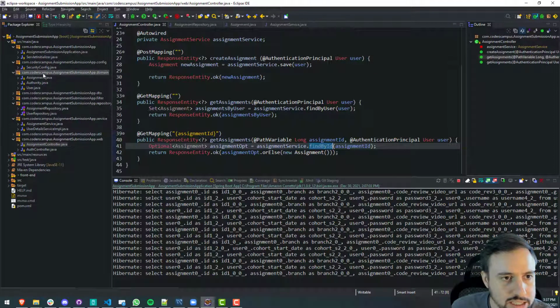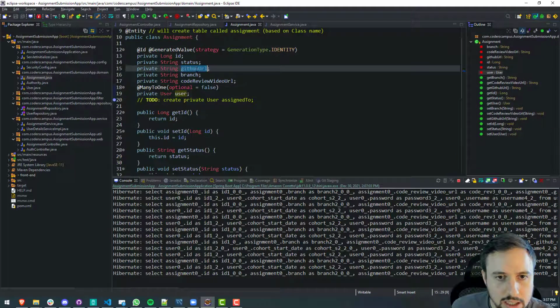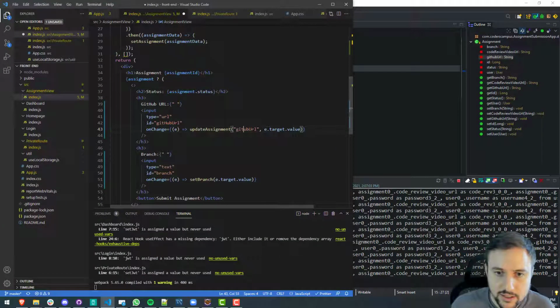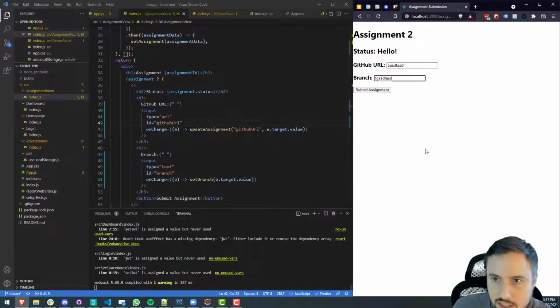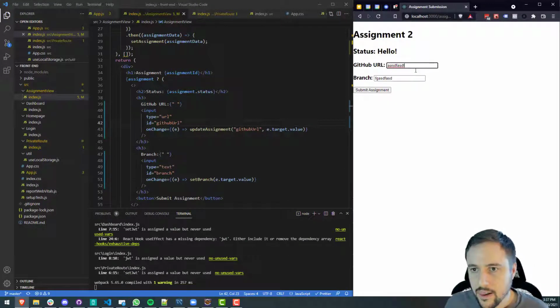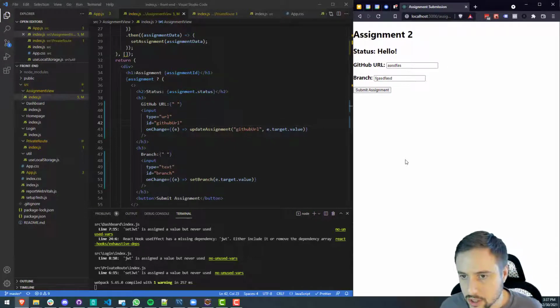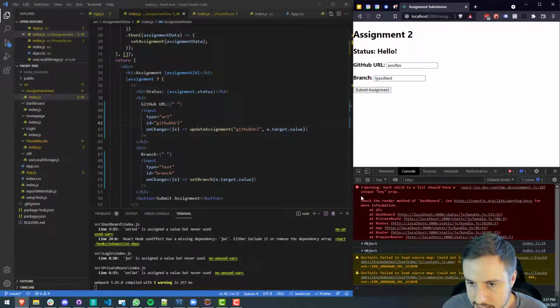Let me hop over to the assignment domain object. Oh, it's GitHub URL with a lowercase h. Very important. GitHub URL lowercase h, whereas the ID here is uppercase, but we should probably make that lowercase as well, just to keep everything in sync. So if we come over here and start to delete stuff, let's go into the console and see what's being